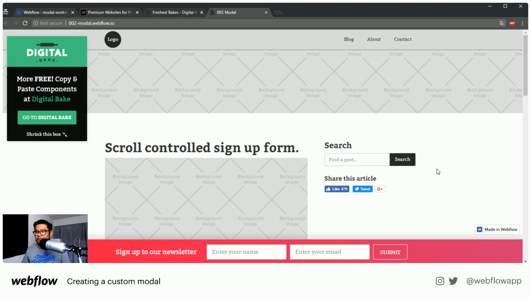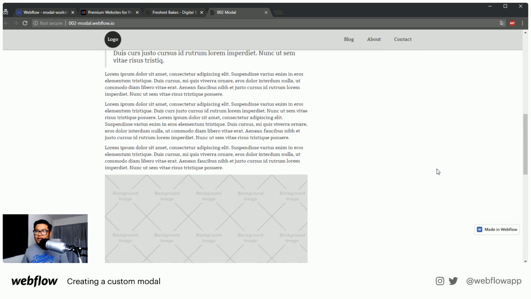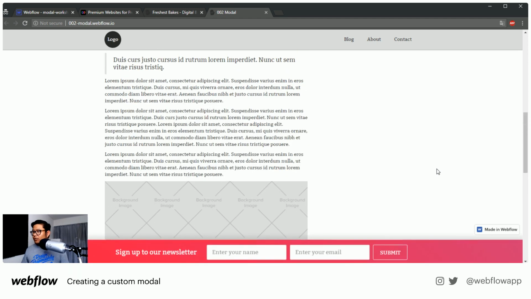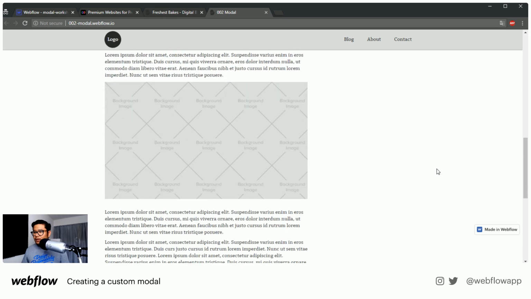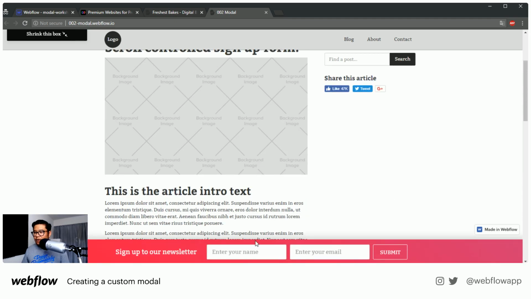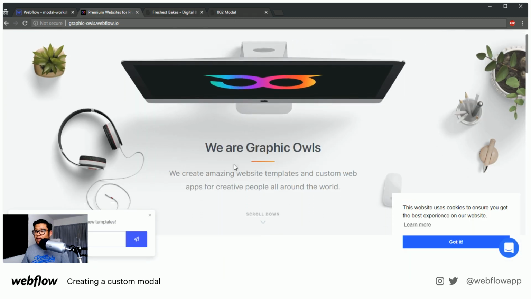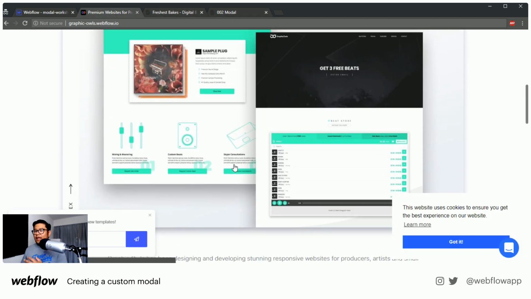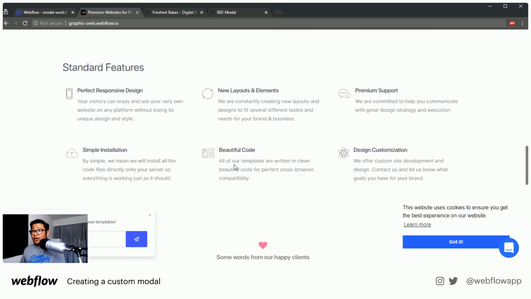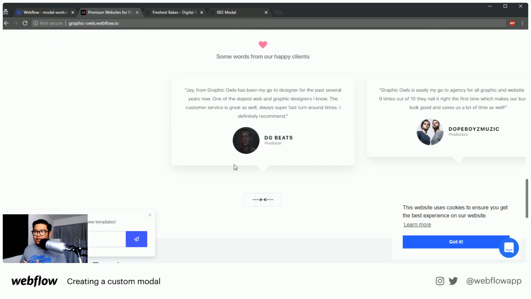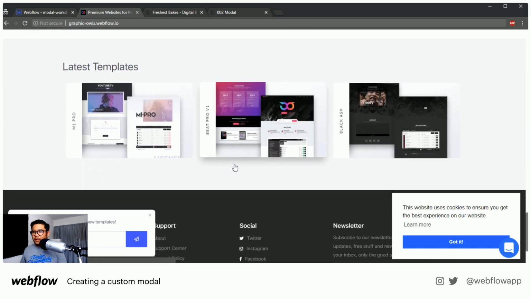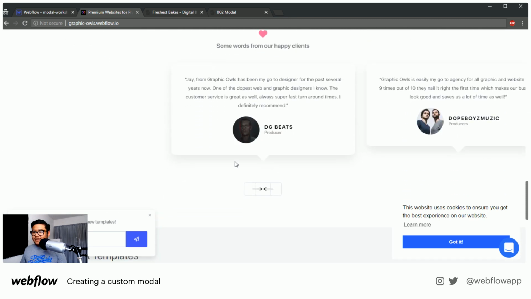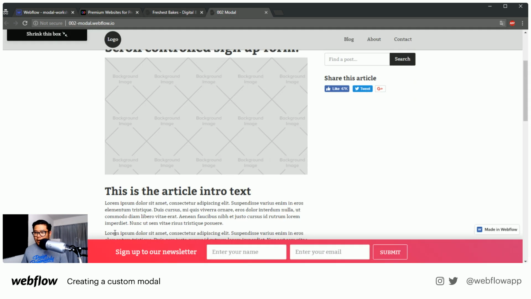I would do the opposite of this, and you can clone this and copy and paste it into your site, but I would do the opposite of this, okay? When you get down to a certain section, that's when you show this bottom bar. Maybe after someone has got down to a certain section of your site, like, okay, I get it. Oh, they have testimonials. So many good stuff, latest templates, you know? Maybe when they get to here, that's when this thing shows up, or the full bottom bar shows up,